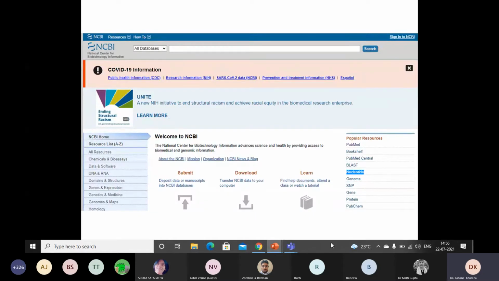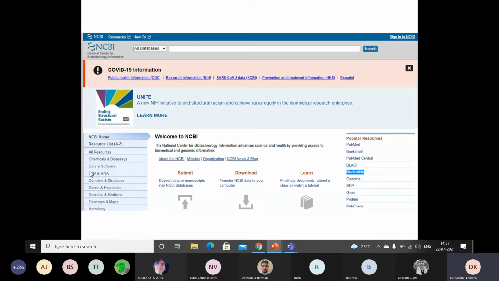The National Center for Biotechnology Information advances science and health by providing access to biomedical and genomic information. Here, you go to all databases. One can submit or deposit data or manuscripts into NCBI databases, or download and transfer NCBI data to your computer, and one can also learn, like finding help documents, attending a class, or watching a tutorial.